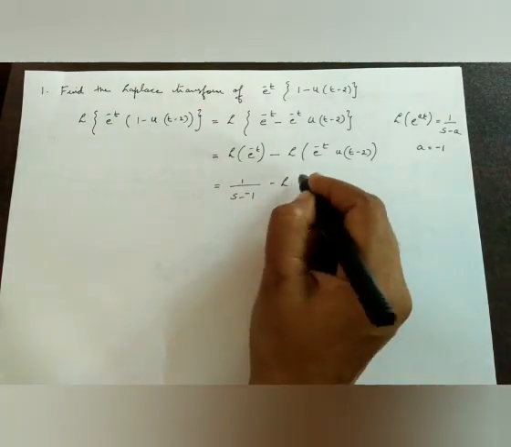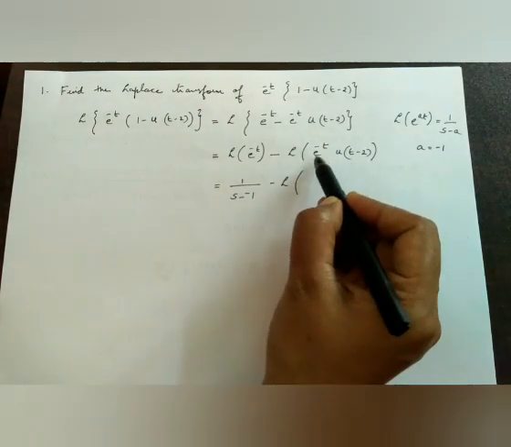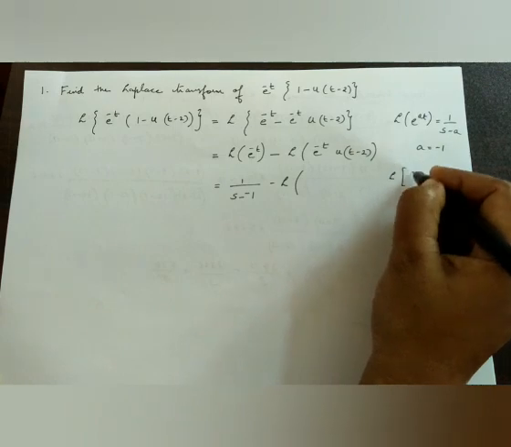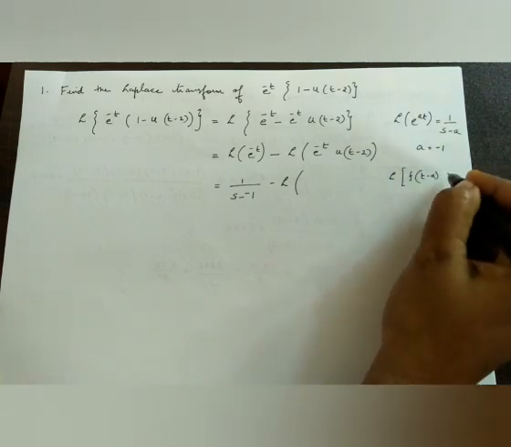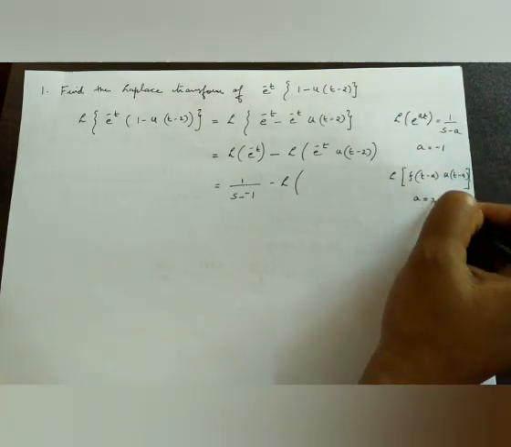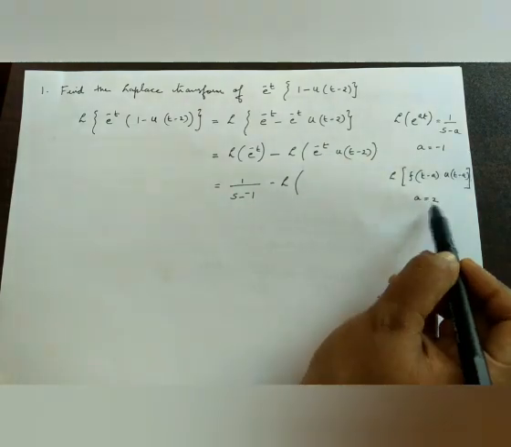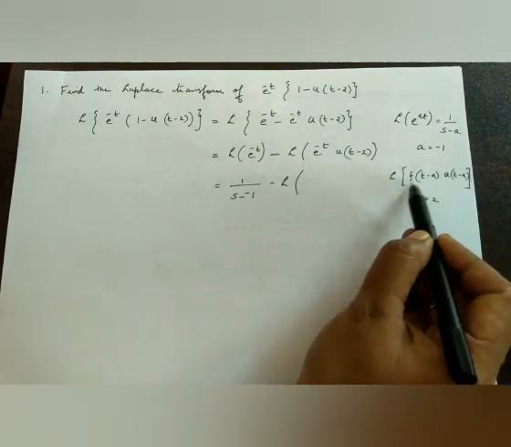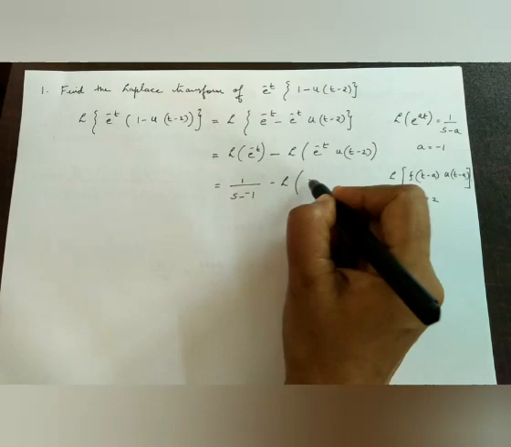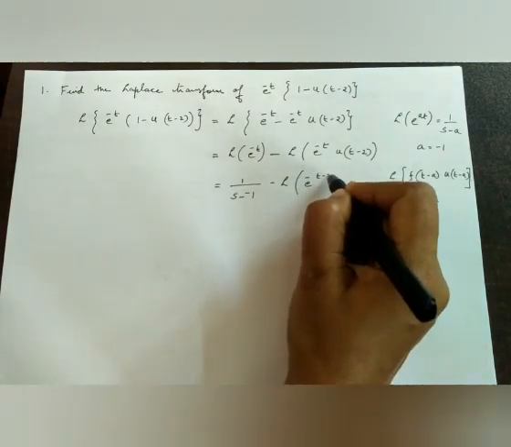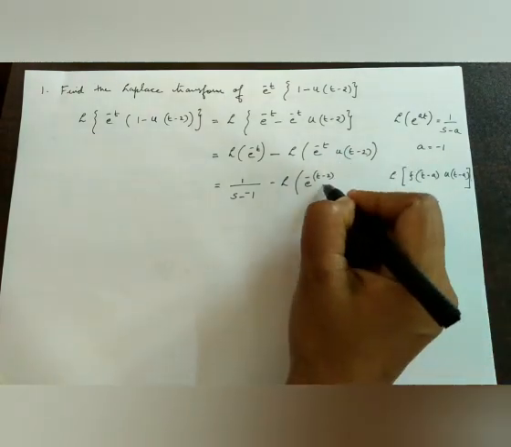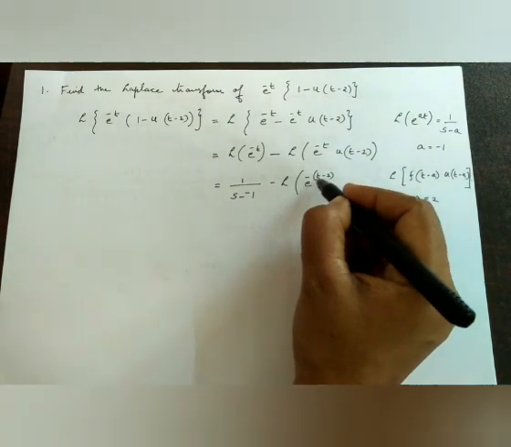Now here for this we have a function of t and u of t minus 2. But we know the Laplace transform of function of t minus a and u of t minus a. So here in the place of a we have 2. It is clear from this function u of t minus 2. But here we have only the function of t, there is no term containing t minus a. So here we have to put e raised to minus of t minus 2. We have to convert t to t minus 2. At that time, when we split this, we get e raised to minus t.